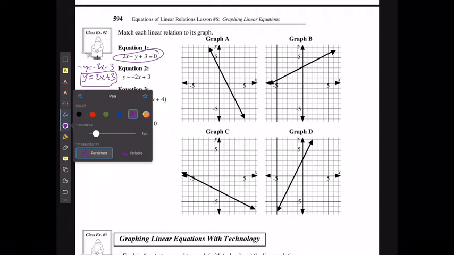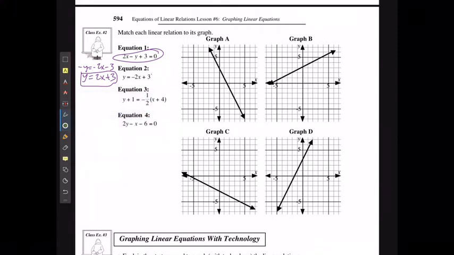Equation 2 is already in the right form, so I don't need to change anything with that one. And that one's good to go. For equation 3, I can either choose to put this in slope-intercept form, or I can use the slope-point form that it's given as. I'm going to use the slope-point form that it's given as because I can show how to do that as well. And for the last one,